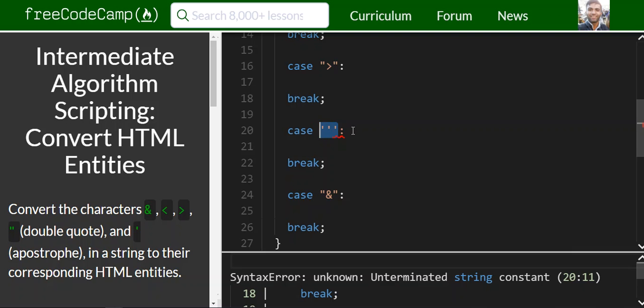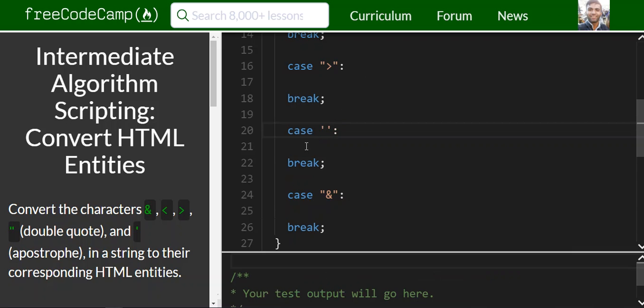If you need to use two types of quotes, which in this case is double quotes and apostrophe, then you need to alternate them. So in this case, I want to use double quotes, so I would do a double quote surrounded by single quotes. Okay, and then